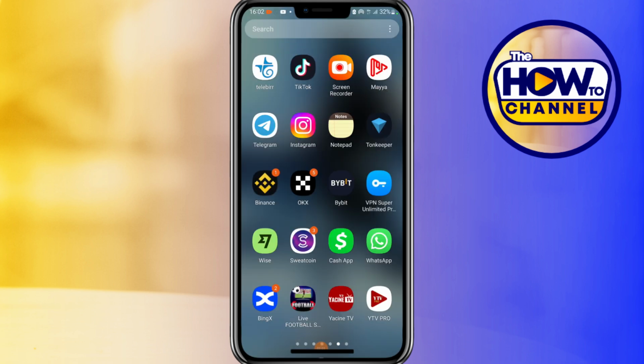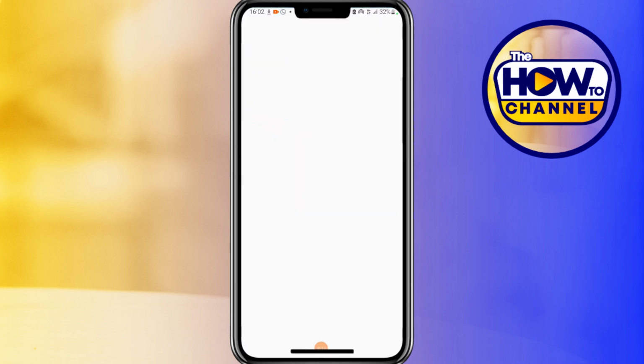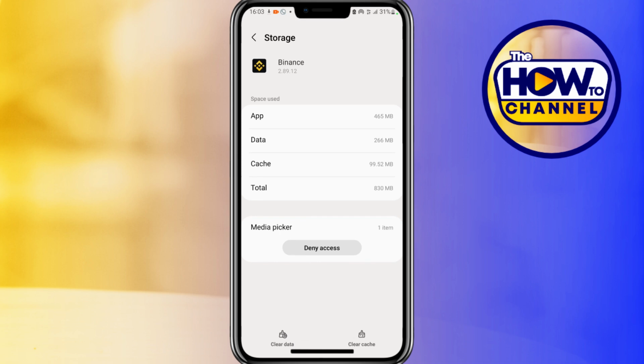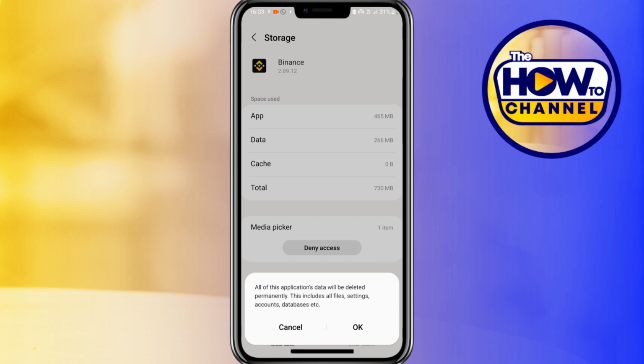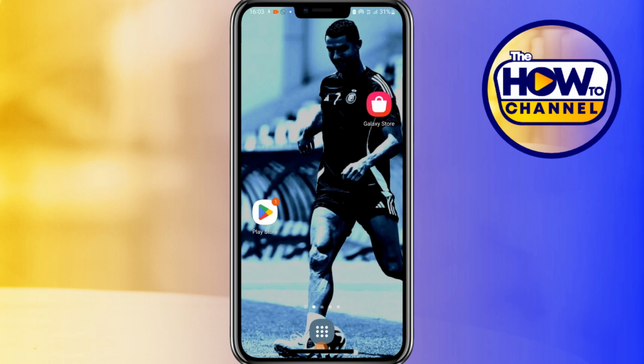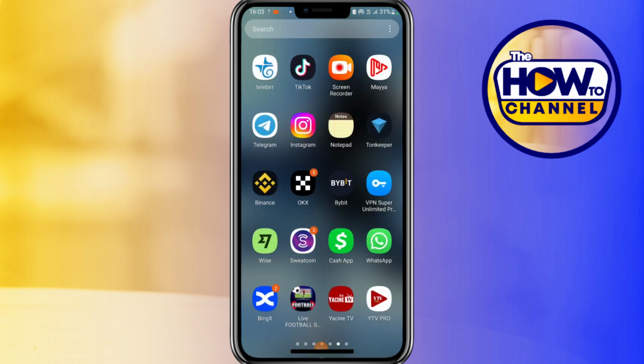Once you are done, close the App Store and open the app info of the Binance application. Here, tap on the storage and cache option, tap on clear cache. Sometimes it may happen due to a lot of data gathered in cache, so clearing it may help. After that, tap on the clear storage option, then tap on delete. Once you have cleared them, go ahead and try logging into the application, but if the issue persists, then there